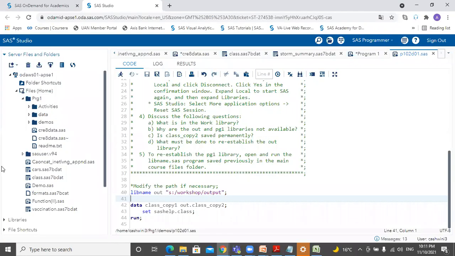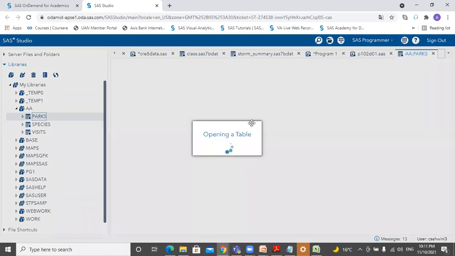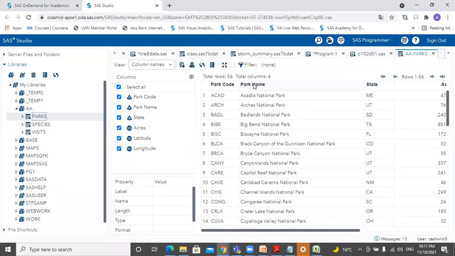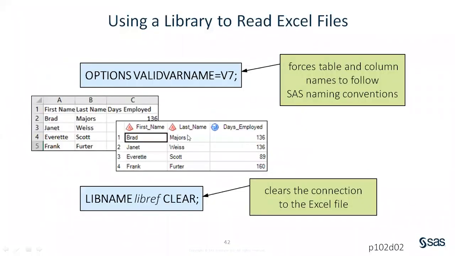Right? So when we see this library for our AA name, which parks table, see, by default it's taking the column names with spaces.